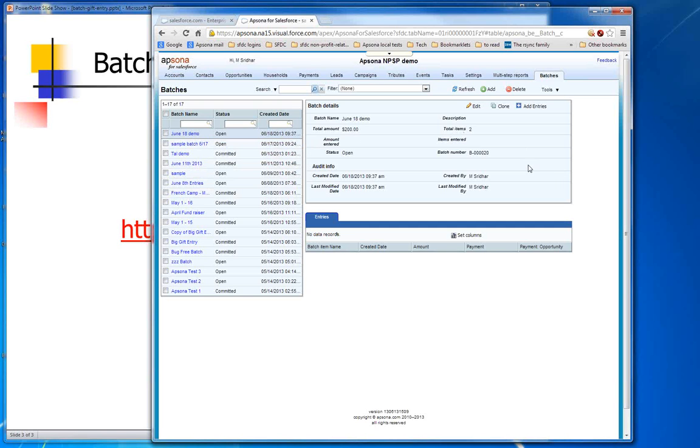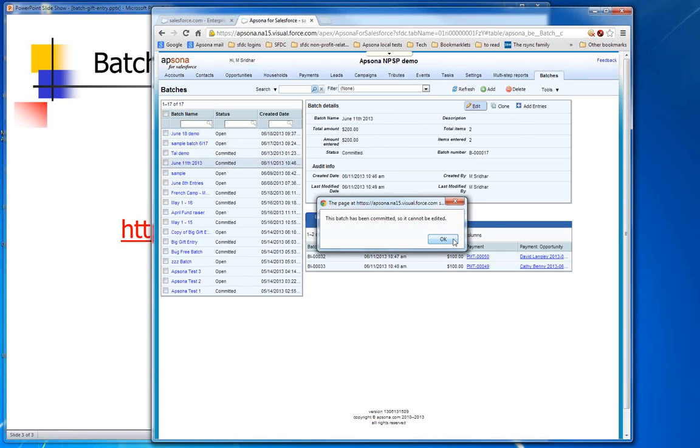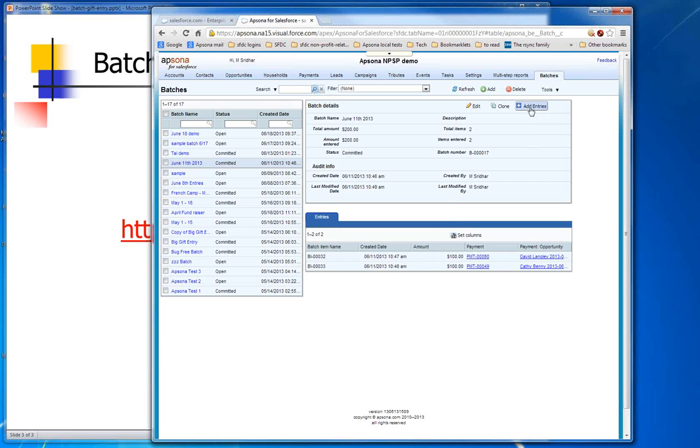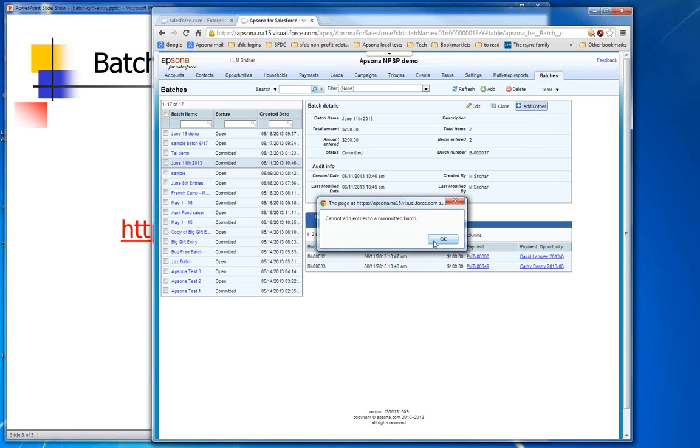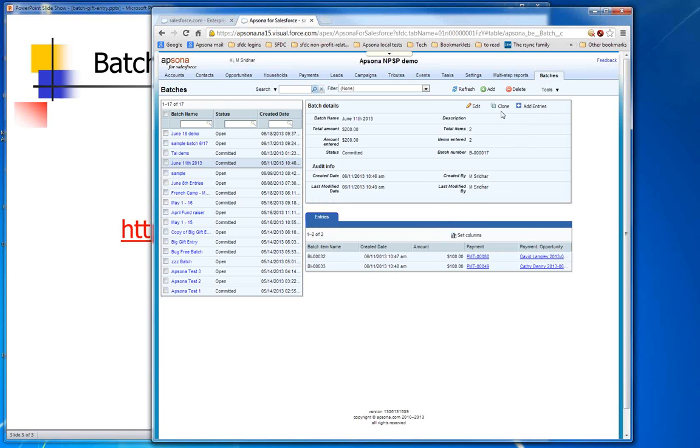Now the thing to remember about batches is that a batch can be in either open state or committed state. And what I just created was a new batch, which is in open state, which means you can add entries to it. If you look at any of the other batches, for example, this one, if I hover over here, it doesn't give me the ability to edit any of these things. If I click edit, it will say it's been committed, you cannot edit it. If you click add entries, it'll say, sorry, I can't add entries to a committed batch,